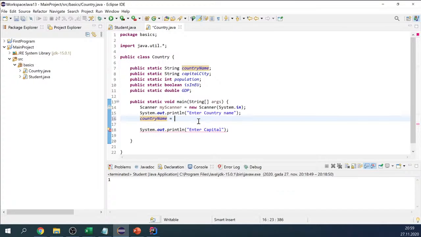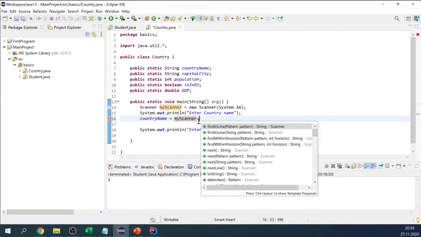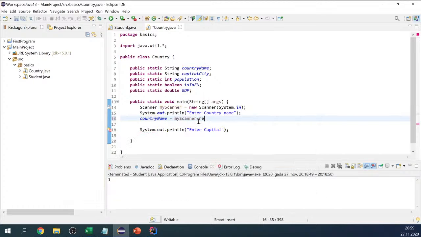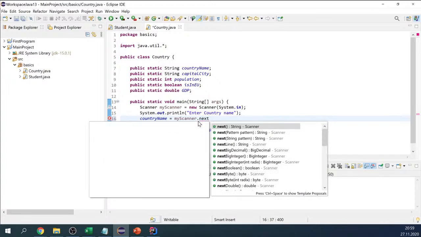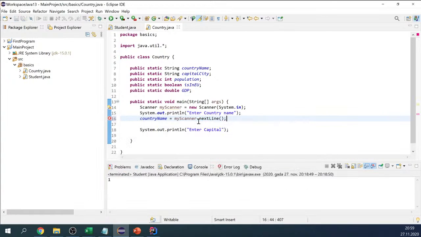And from here we want to scan the value from the scanner. So in this case we'll read it from console. That's the warning, but that's fine for us. So now we entered country name, and in the same way,